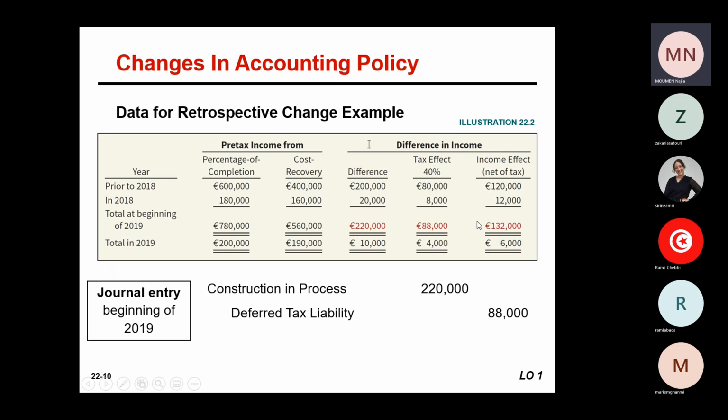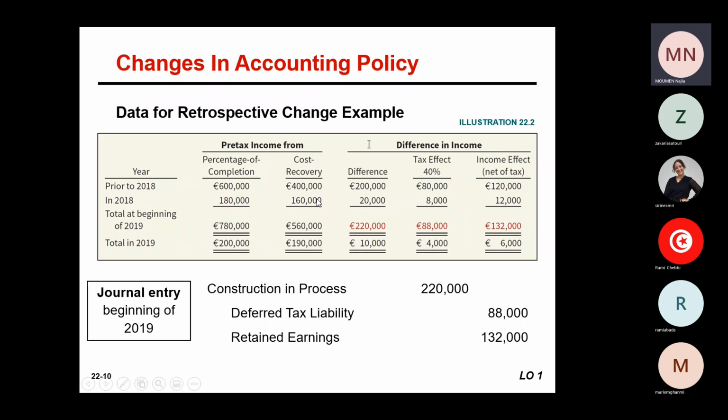And of course, the difference, this 132, that's, as I said, retained earnings that will be credited with this net effect on income, okay? So that's how we apply the retrospective approach. So, of course, in addition to the change line by line in the financial statement to the items that are impacted by that change, okay? So first thing is that we make a journal entry at the beginning of 2019. You see here, the beginning of 2019. We didn't even talk about the end of 2019, but now at the beginning of 2019, we have to account